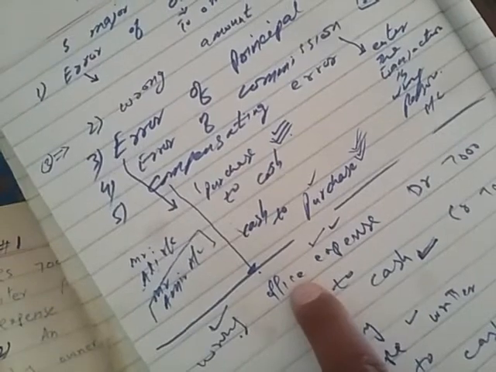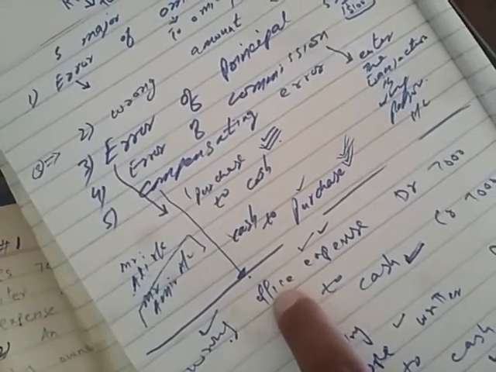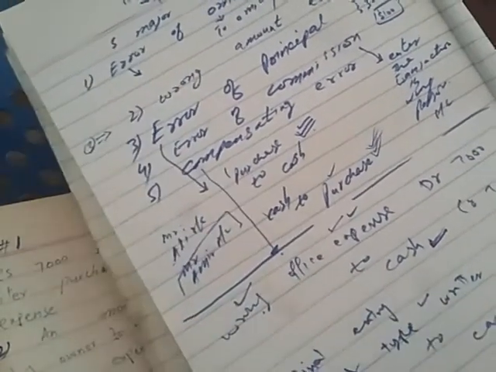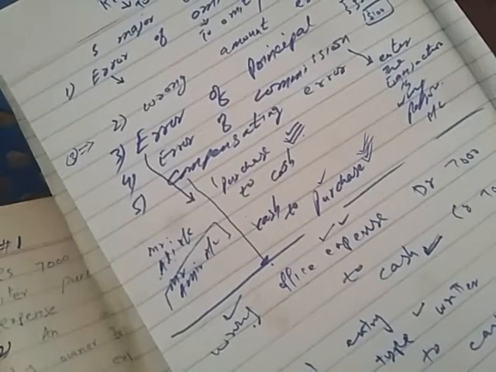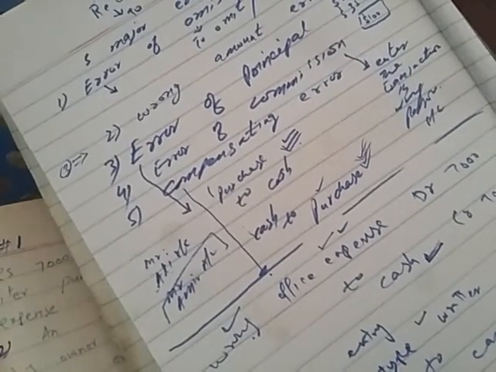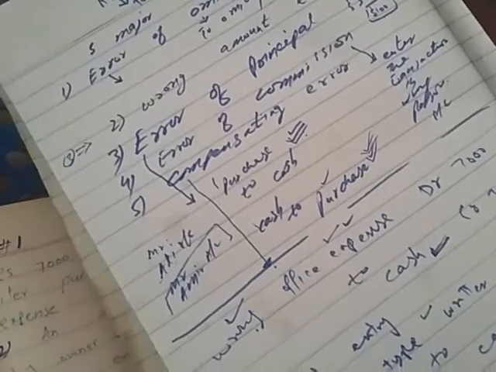We will rectify those things which are not done right. So it was wrongly debited as office expense by the accountant, so it has to be credited. I have told you before that when we wrongly debit something we will credit it, and when we wrongly credit something we will debit it. So office expense will be credited now. Office expense 7,000. This is the rectification of the first entry.